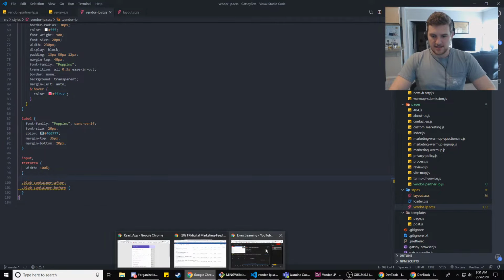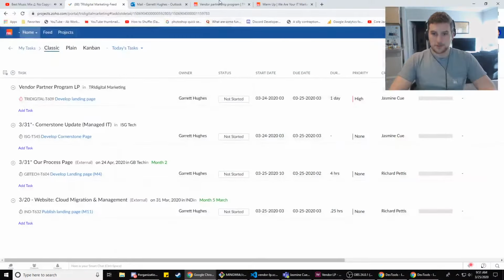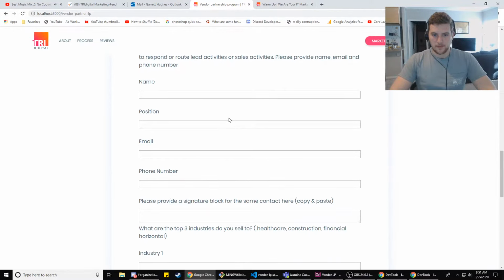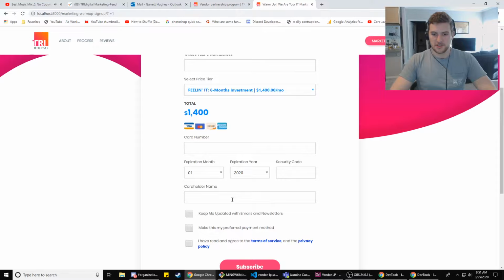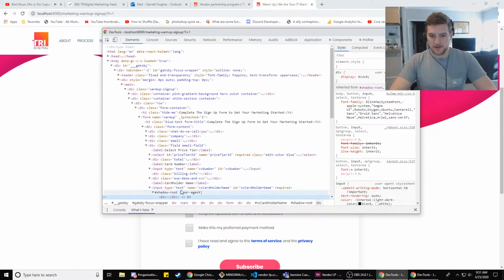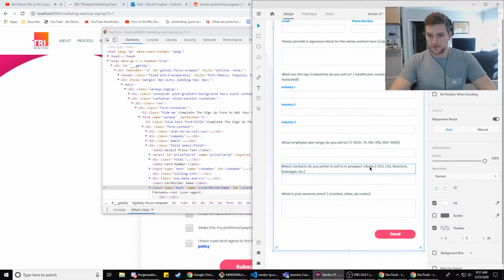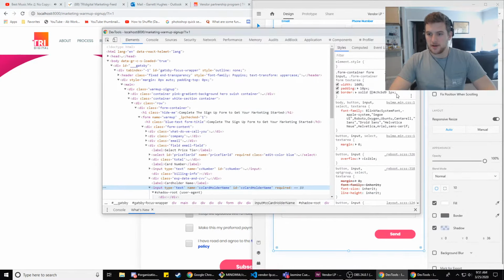So save that, back to that, and now our spacing looks a lot better. Now we just need to go over here and steal the styling for these input elements because they look basically the same as those, right? Yeah, they do. So input, yeah, that's all we need. And then we'll stick that in our text area input second.